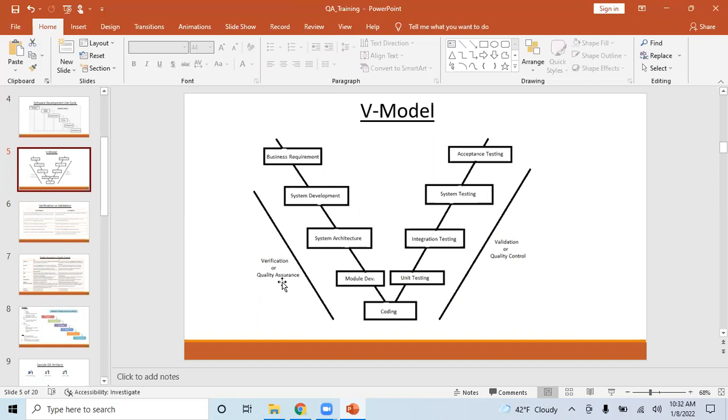And for that matter, quality control is also not just the tester's job, it is the developer's job as well. When he is doing unit testing, he is doing quality control, right? And testers won't do unit testing. Developers do unit testing. So the developer is doing quality control. And when a developer is doing integration testing, he is doing quality control. And in the system testing phase, the tester comes into the picture, and he is doing quality control,